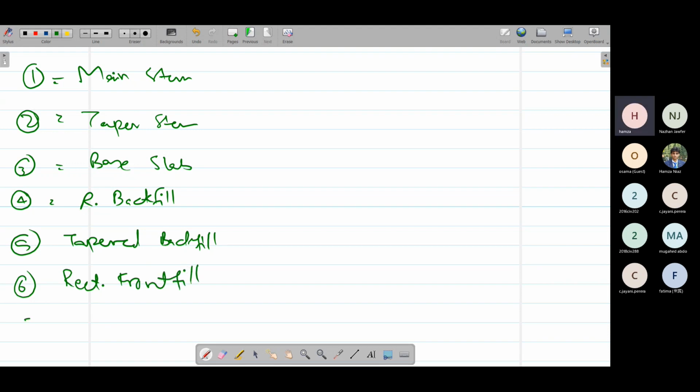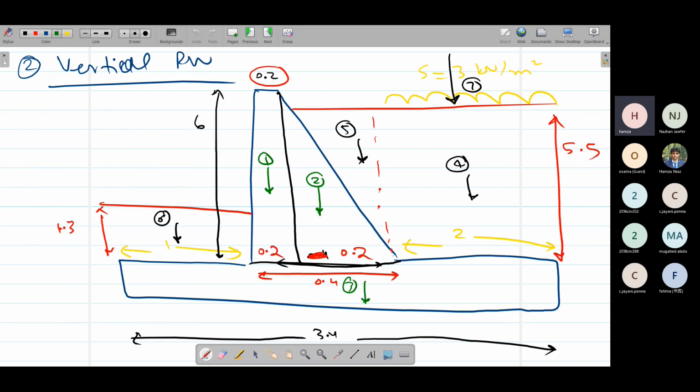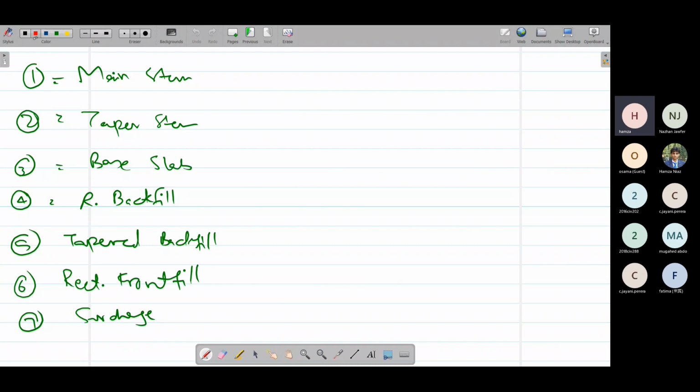And the last portion we have is surcharge. The load acting on top, this surcharge, is 3 kilonewton per meter square. So all these forces are present. If we have to determine these values, we simply multiply the gamma of whatever the material is